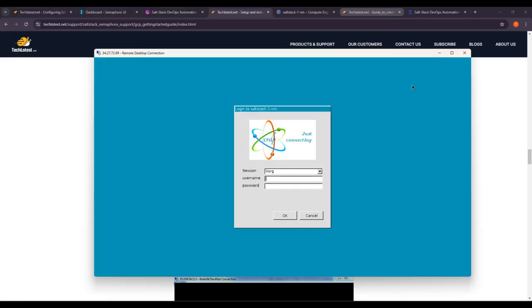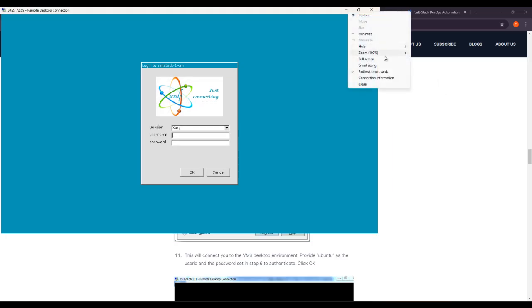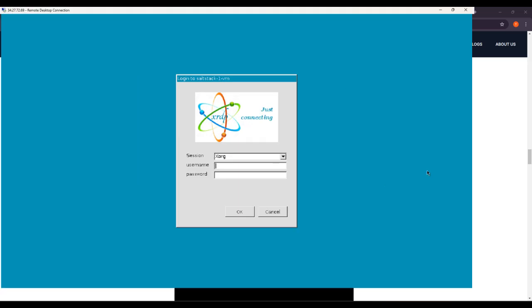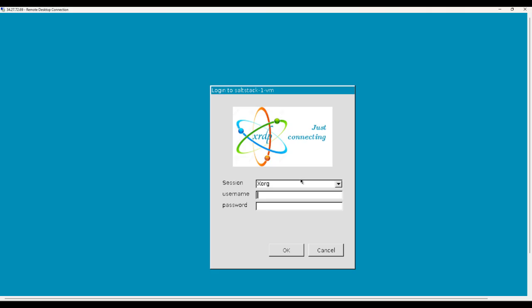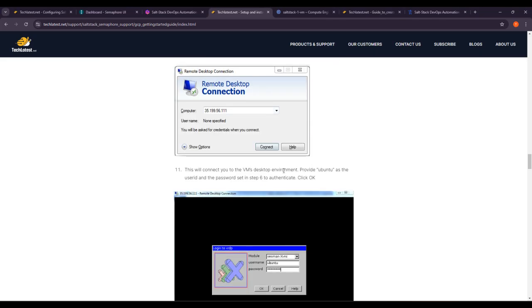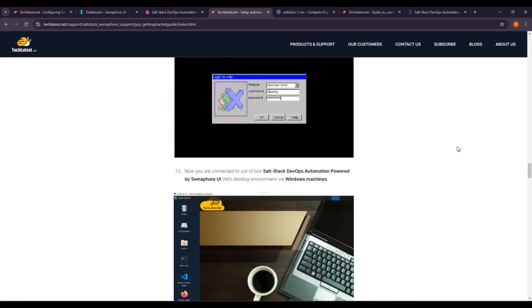And after this, you can maximize it and zoom it so it will also fit on a screen. Then yes, now login as Ubuntu and we'll give the password which you have set up. Click on OK. Then after this, this will connect to the VM desktop environment for provided Ubuntu user ID and password. We have done with these steps. Now you're connected to the out of the box SaltStack DevOps automation powered by Semaphore UI VM desktop environment via Windows